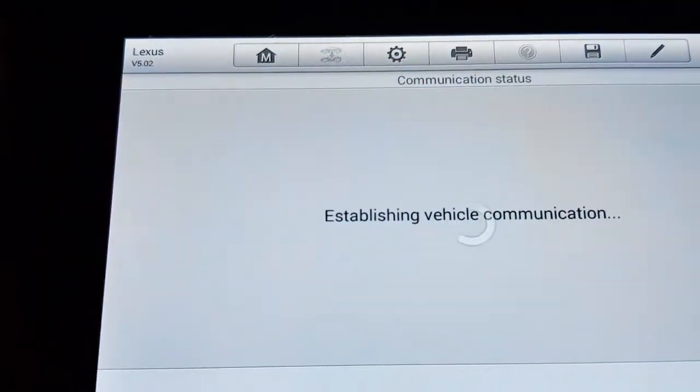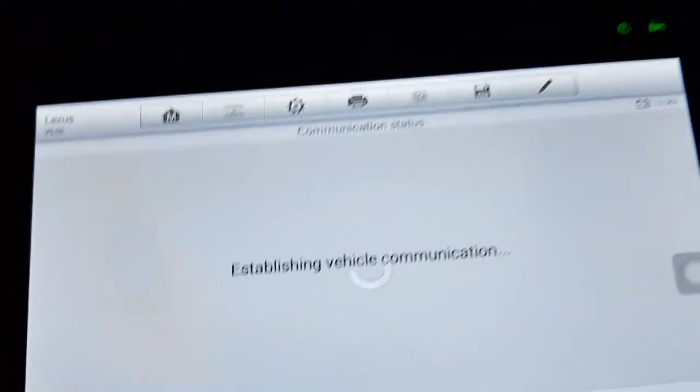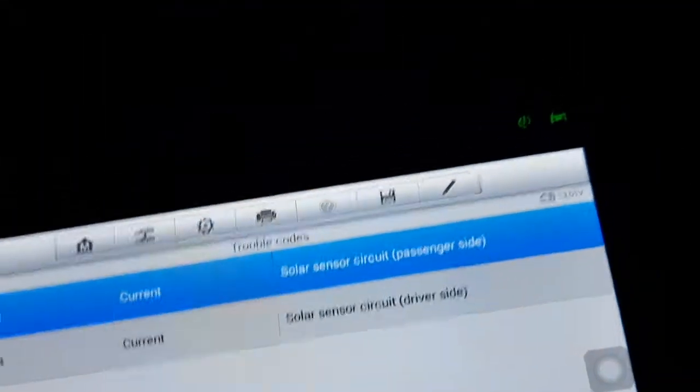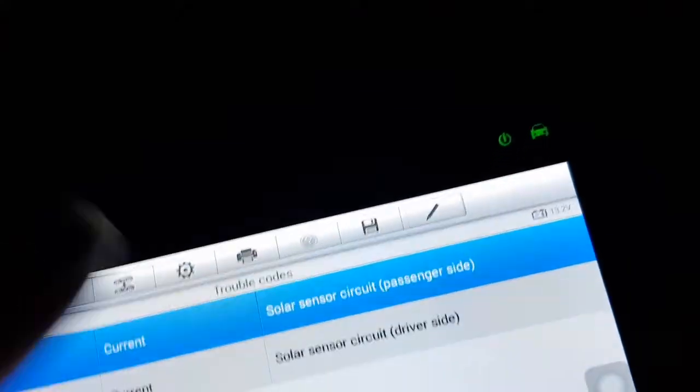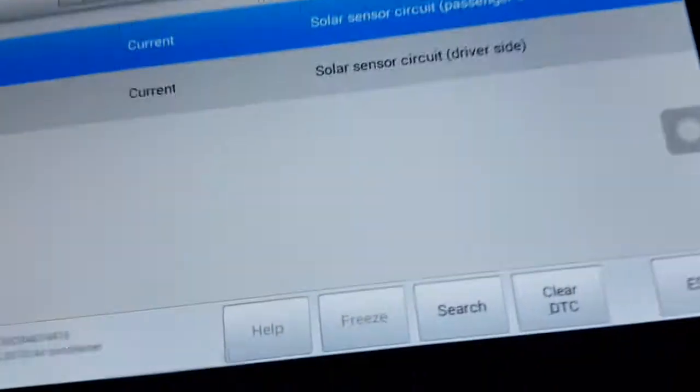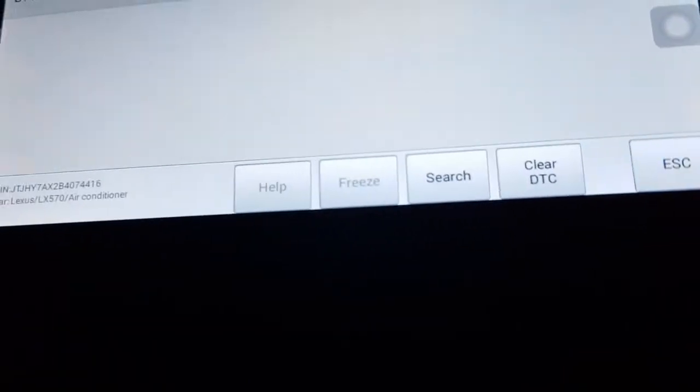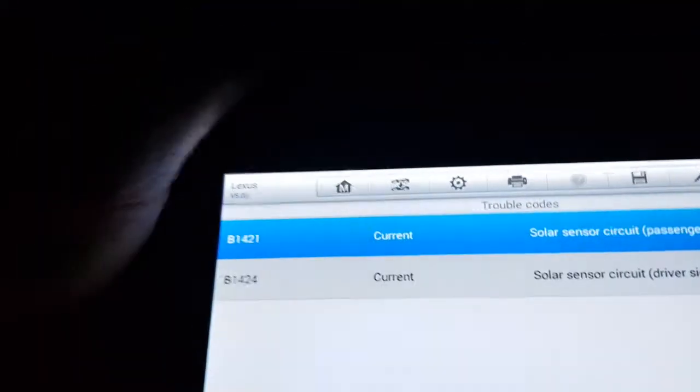The AC is cooling, as you see here, the temperature is low, AC is on. It tries to establish communication, but is deleting. Okay, solar sensors. Yes, it's a common problem with Lexus and Toyota. It's the solar sensors that are on the top of the dashboard.